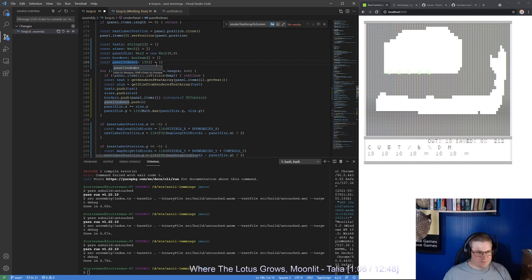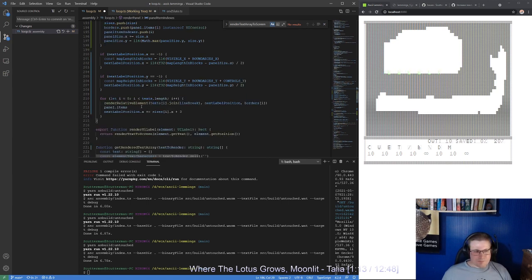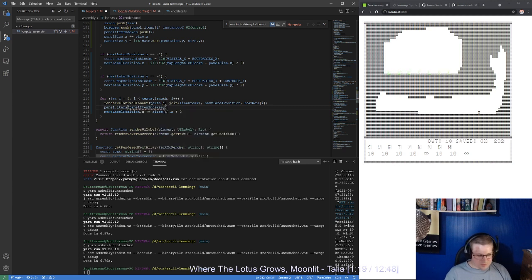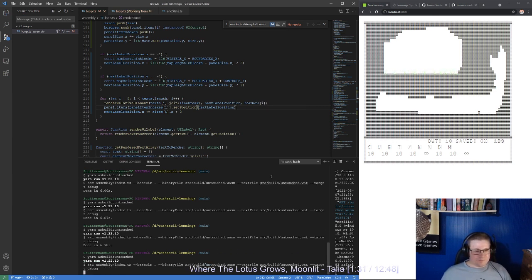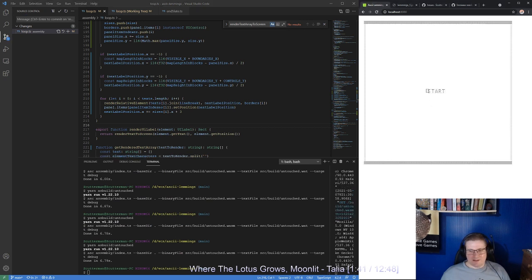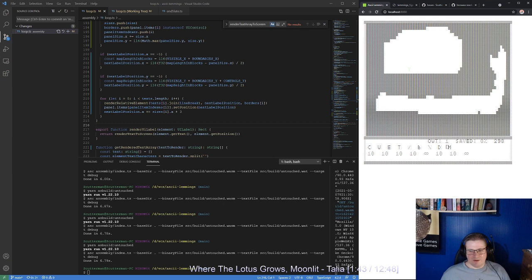It's a panel item index. Then we just set the position here to be next label position, and that should flow through to our event model to let it know where it actually got rendered on the screen this frame,